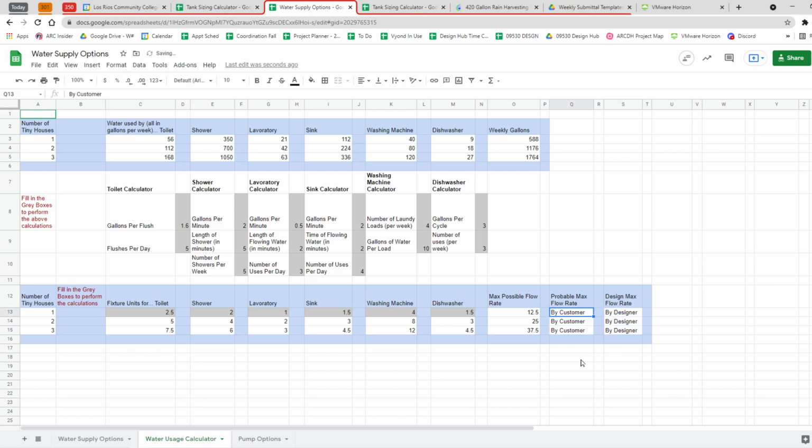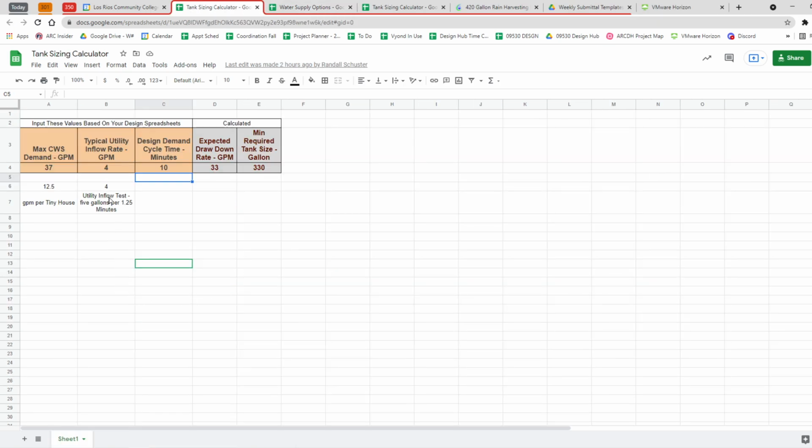Okay, but now I'm going to undo all that. Okay, because you'll have a copy of this to work it with. Okay, so that tells me I'm going to need a certain flow rate coming into this site if I've got 1, 2, or 3 different tiny houses. Okay, so there's that. Now I'm going to size how big of a tank, because I happen to know that that